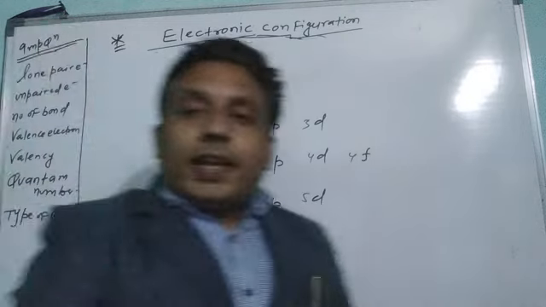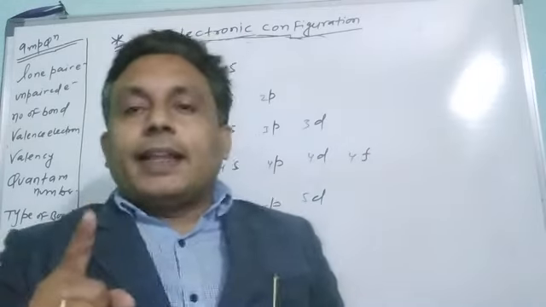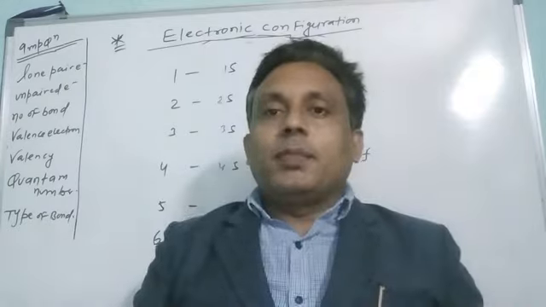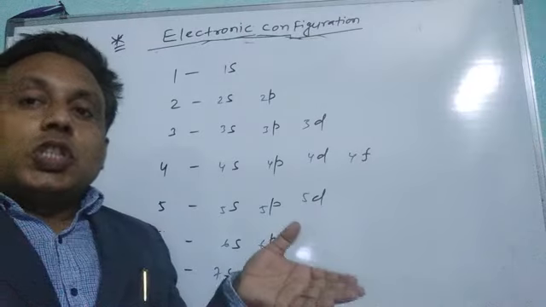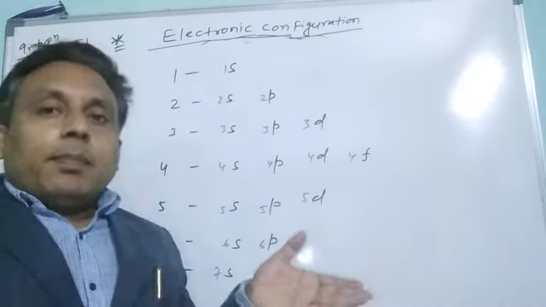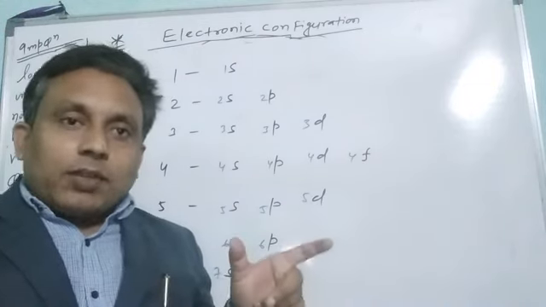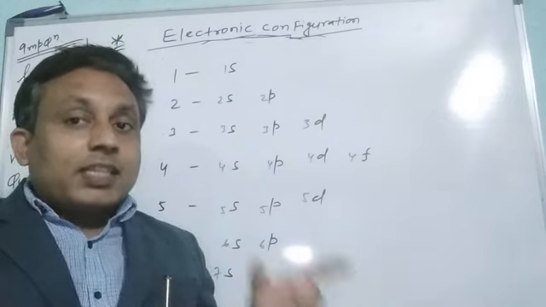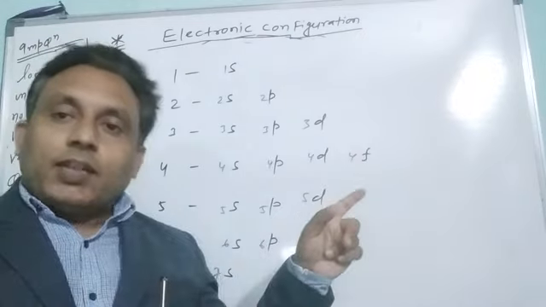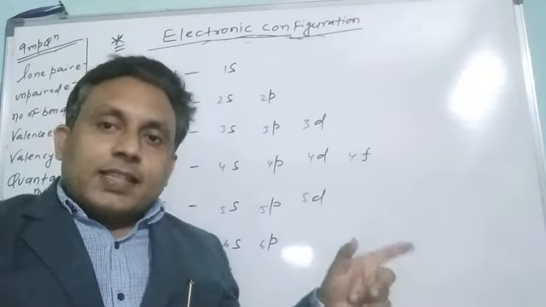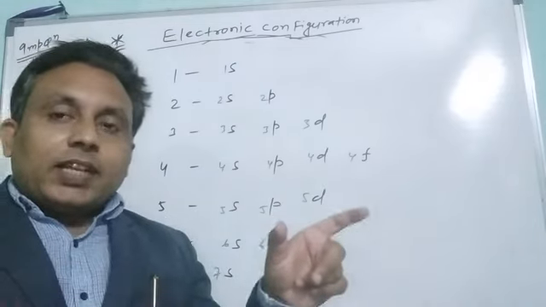In which orbital does the electron go first? That depends on the principal quantum number as well as the azimuthal quantum number. Means the electron goes into the orbital which has the minimum n plus l value. If n plus l is similar, then in these cases the principal quantum number must be seen. If they are in different cases, then the minimum n plus l value is needed for the electron going into different orbitals.